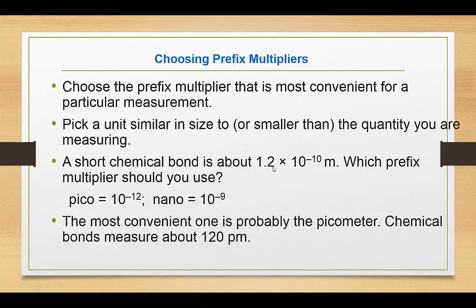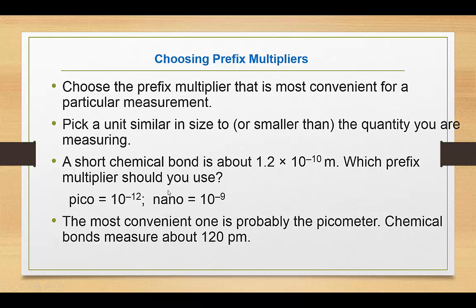Okay, that's well and good, but that doesn't really mean much just looking at that number. It's kind of hard to wrap your head around what that means. So in other words, you're moving this decimal point over to the left 10 places. That's a very, very small number. If we want to put it in terms of a prefix multiplier, something that we can wrap our head around a little better,